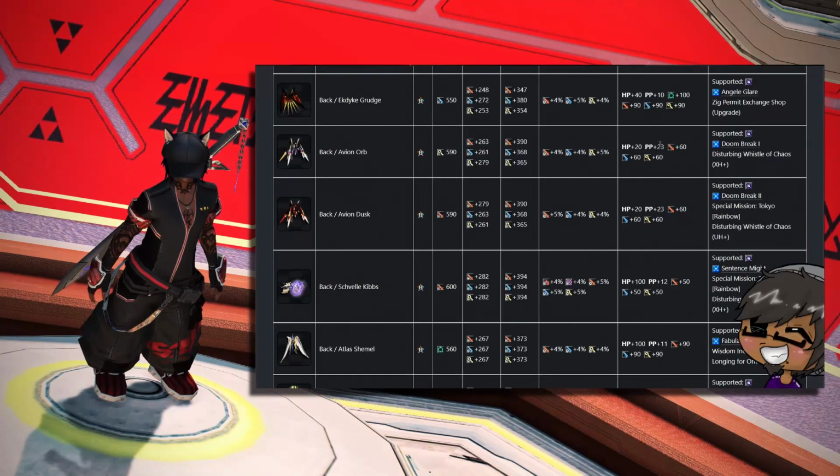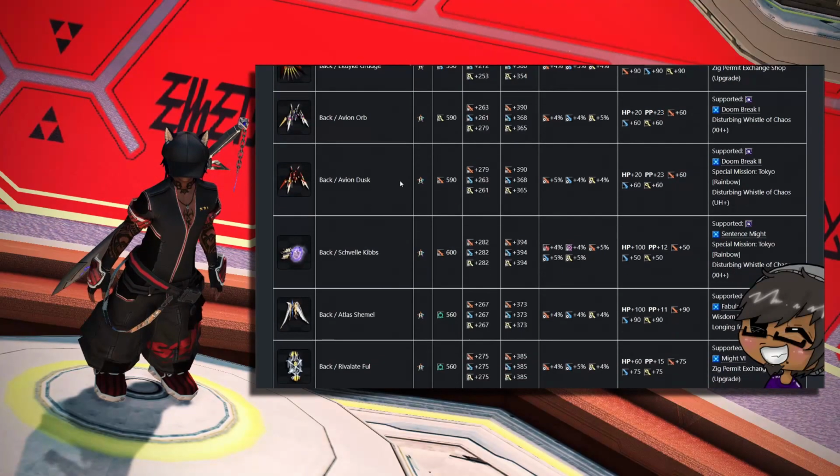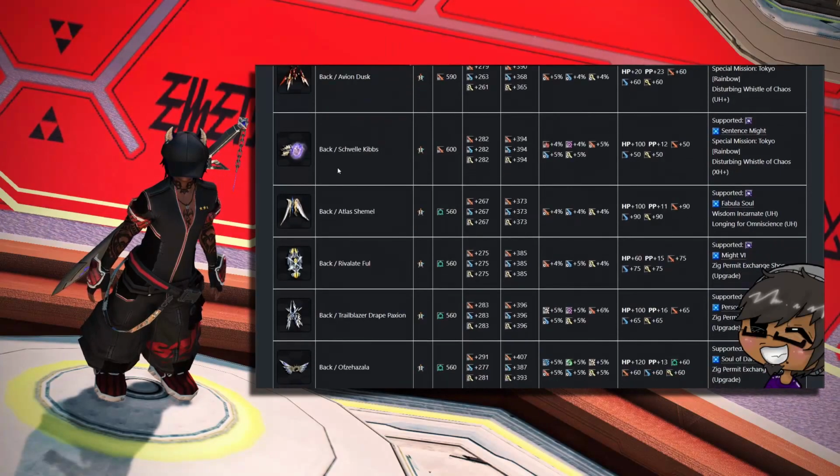Things like the Orb unit, that'll give you a great PP economy. The Dusk unit, again, pretty much the same thing as the Orb unit. I'm not sure why these are separated, but hey, there you go. But one of the ones that are actually really crazy, ends up being really good for you, if you happen